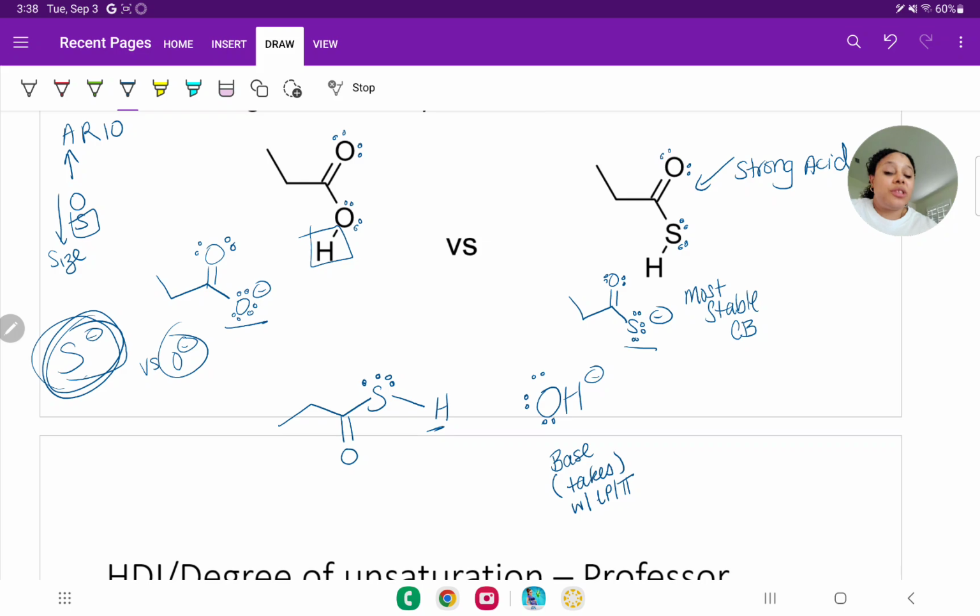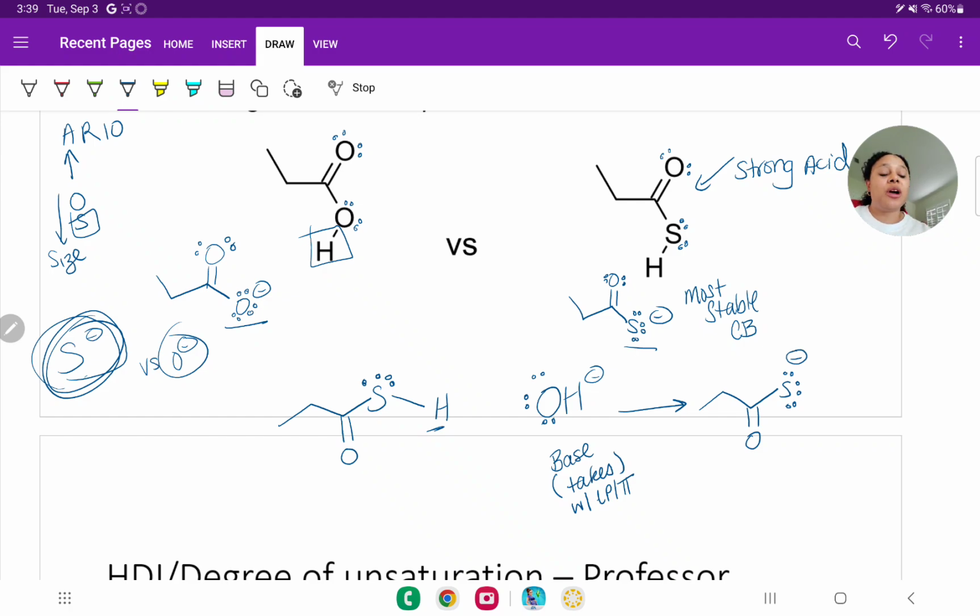And now that we understand what's going on, really what Bronsted-Lowry is saying is that the base is taking that hydrogen away, and it's taking that hydrogen away with this lone pair, which is really the definition of Lewis acid. So we are going to remove the hydrogen, and I asked you to draw the conjugate base and conjugate acid, so I would just go ahead and do that first. If I'm taking the hydrogen away from the acid,